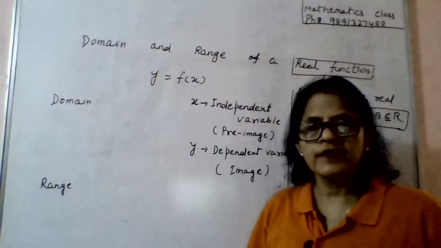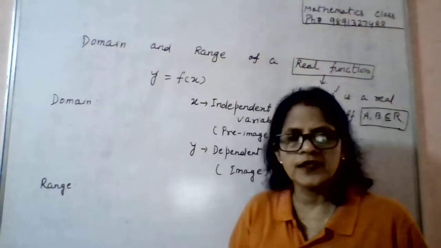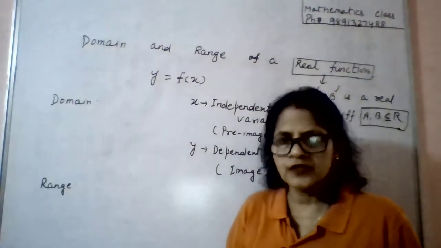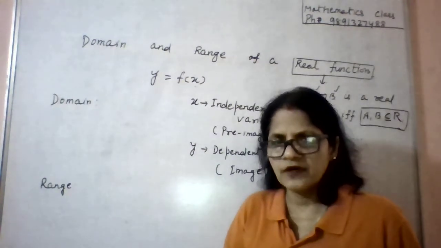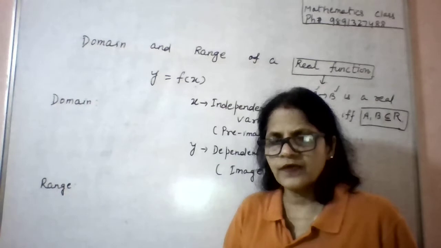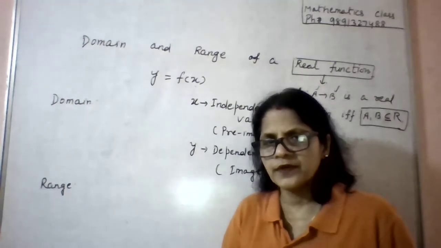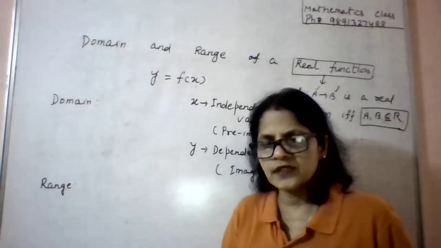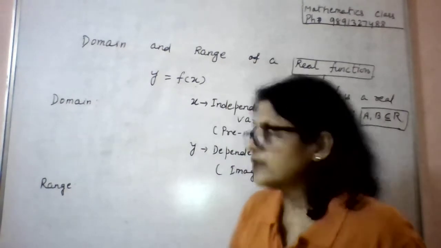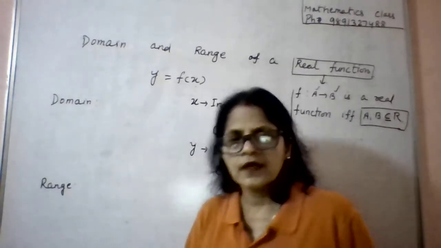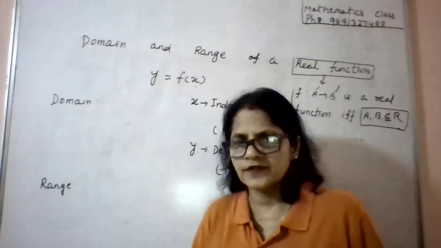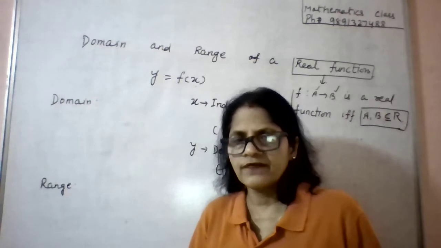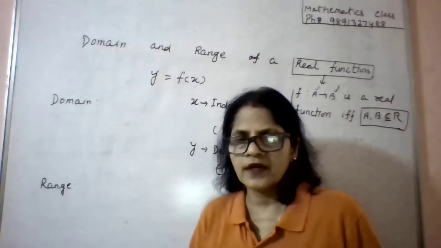So whenever we say range is a subset of codomain, as we have studied earlier, and when codomain is a subset of the real number set, obviously range will be a subset of real numbers, right? And in our syllabus, in 11th and 12th standard, we will be dealing with only real functions, right? So not to worry about complex functions and other things.